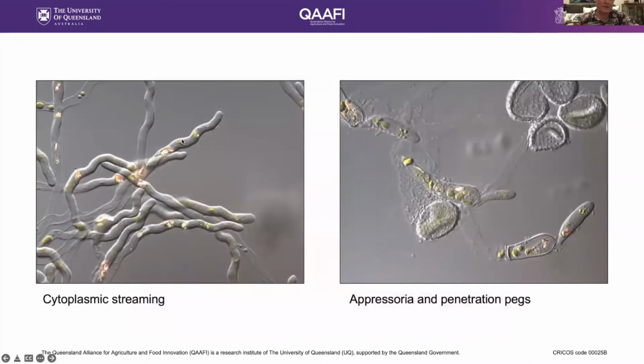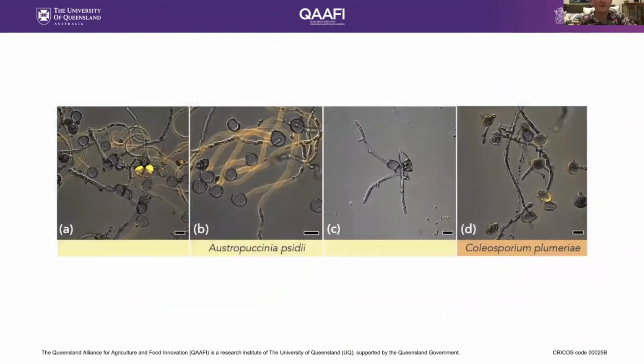What we also got to see is this cytoplasmic streaming. So just before appressorium formation, and then you'll see that the appressoria here have pushed out all their cytoplasm and invested in that penetration peg, getting through whatever they think is a leaf cuticle or stomata. So this is what Anne did to test uptake of double-stranded RNA in different spores of rust